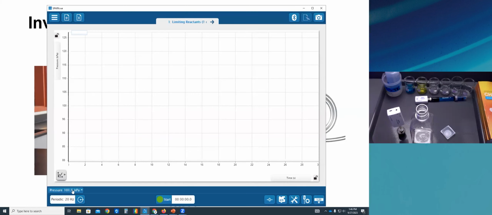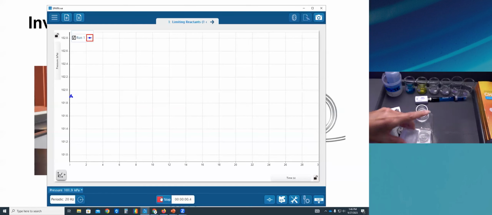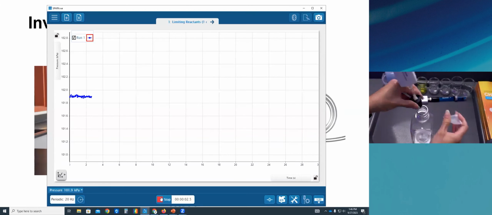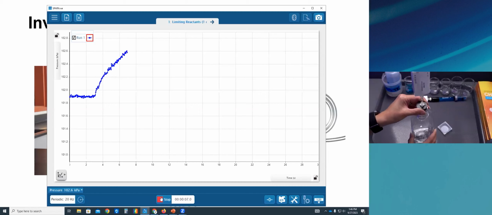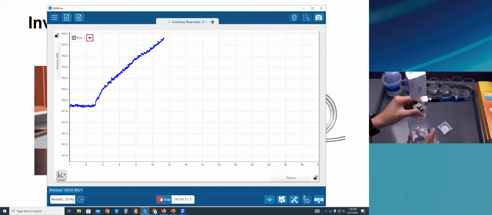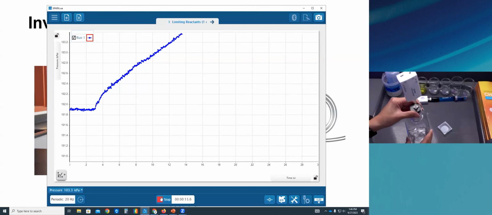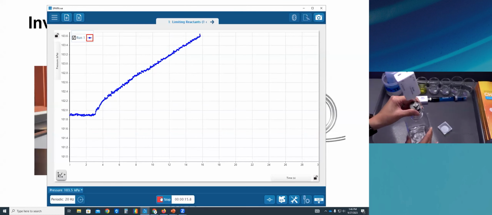So what I'm going to do, I can look and see I'm at 101.9 kPa. Pressures, we are close to 0 here, and that's a little bit high for being at 0 elevation. So all I have to do is follow the directions, would say hit start, add the stuff, close it, and mix over time. So right now I'm getting the baseline, but as soon as I close the system with the stopper, I can start to see my data growing with time and look at my graph expanding as the data changes,